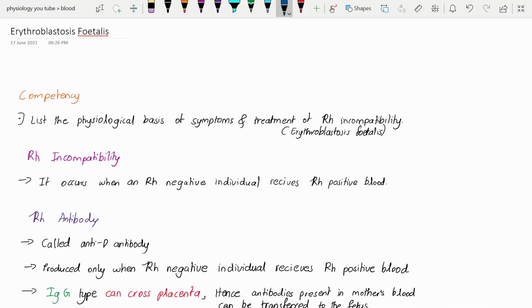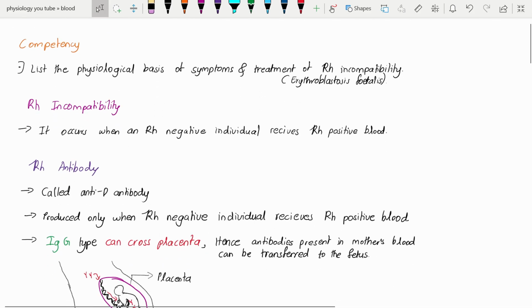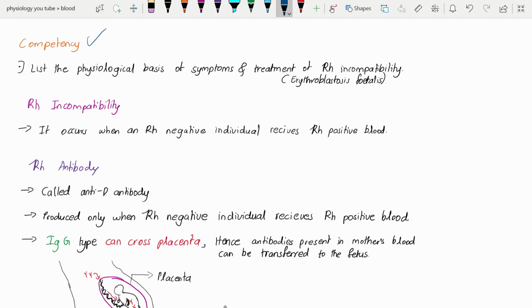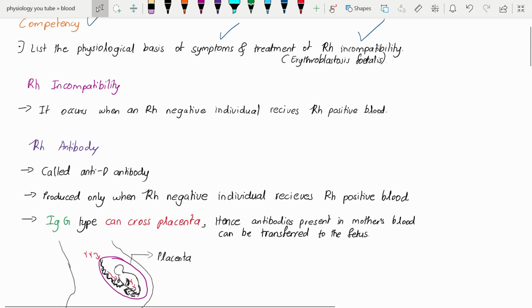Medicos. In this video we are going to study about erythroblastosis fetalis. I know that you heard this term before, but we are going to explore this term in this video more effectively. So what is the competency for today's video? List the physiological basis of the symptoms and treatment of the Rh incompatibility, and that includes, for example, erythroblastosis